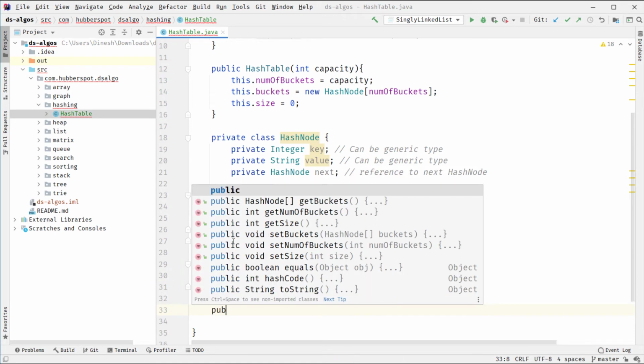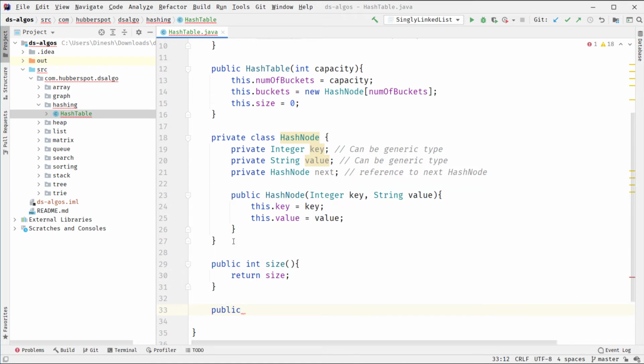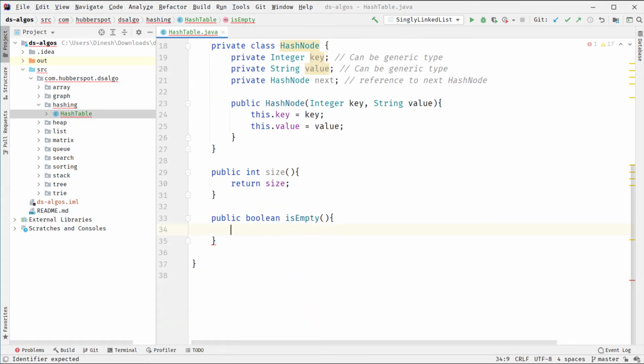One more method we provide is boolean. We check whether the hash table is empty or not. So we provide the method as isEmpty, and here if size is equal to 0, then we return true, stating that hash table is empty, and if size is not equal to 0, we return false.